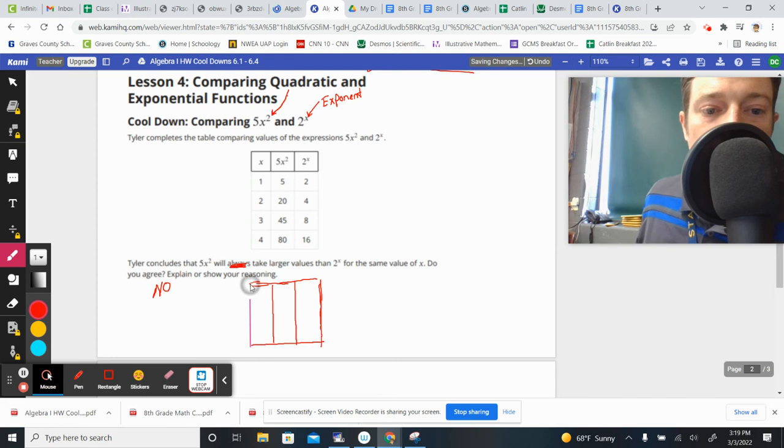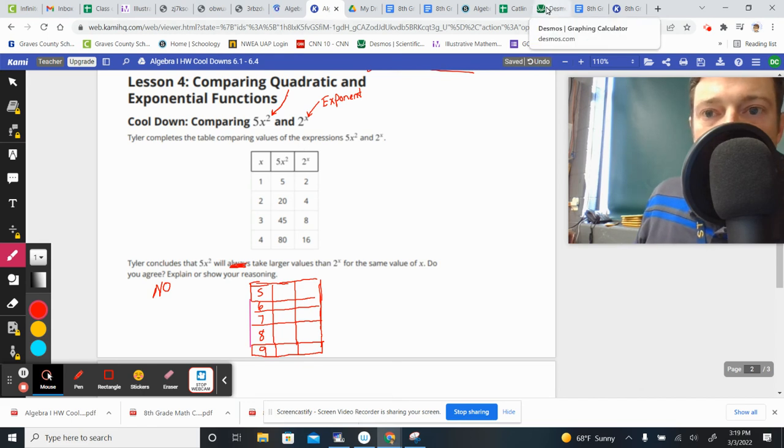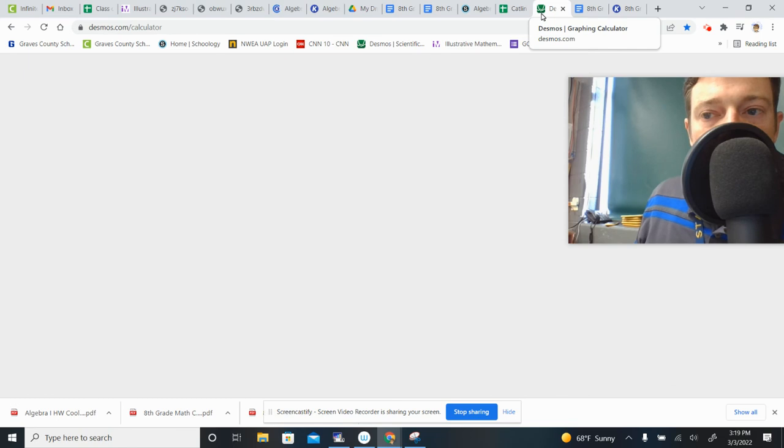There we go. Okay, let's go to the 5th, 6th, 7th, and 8th terms of this. If we kept going and we found out what the outputs for these functions were when x was 5, 6, 7, 8, and we might have to go to 9 to really prove the point and nail it home, so we'll include that one on there too. Whenever we put these into the table, I'm going to actually use Desmos for this because I think it'll make it go faster,